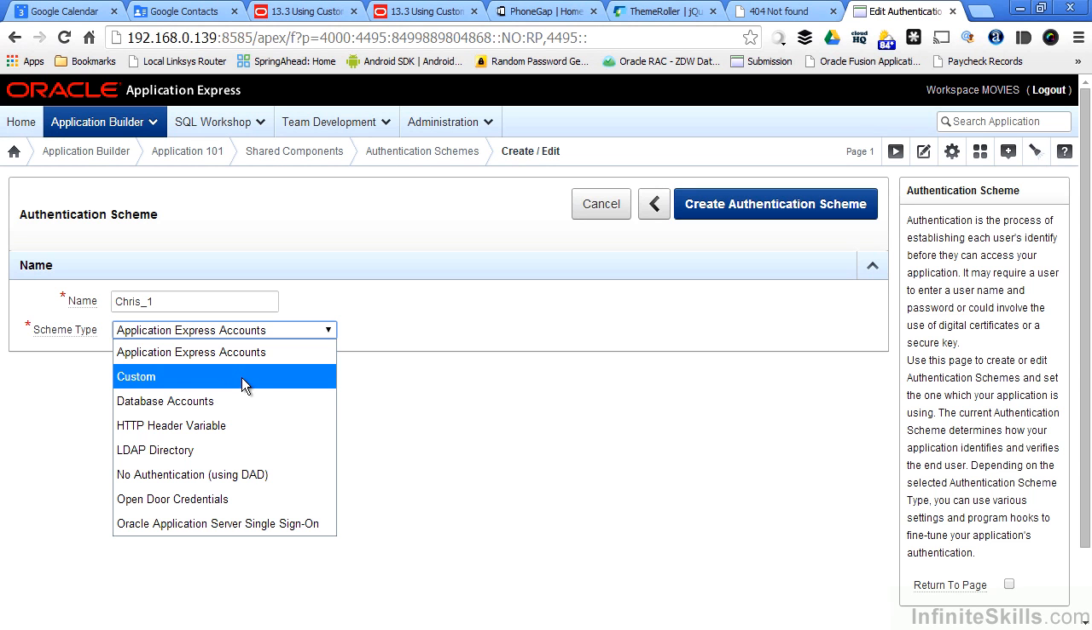I can create a custom authentication scheme where I can write the code for my authentication inside my application. I can use HTTP header variables. This is not a very common way of creating an authentication scheme in Apex any longer. I can interface with an LDAP directory. This is incredibly useful for large organizations who don't want to have to recreate hundreds and hundreds of users inside